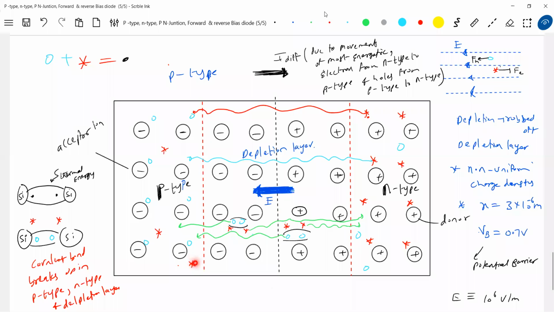By chance, this electron, which will be moving randomly, the moment it enters here, this electrostatic field will push him. It will just pull him and place him in the N type. Getting this one? The same thing happens for the hole. Let's assume that this hole is moving here. By chance, the moment it enters here, what will this depletion layer do? It will drift him. It will push him to the P type here.